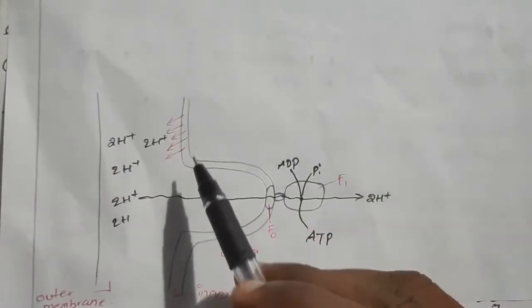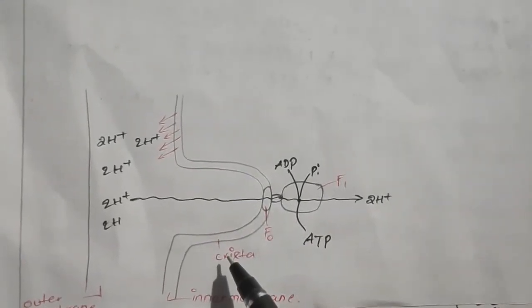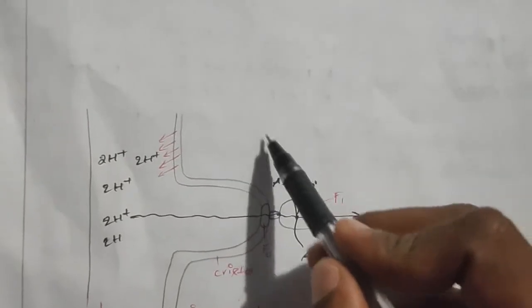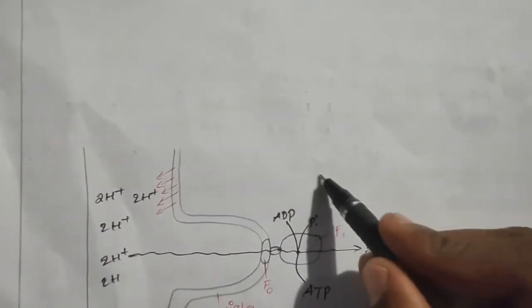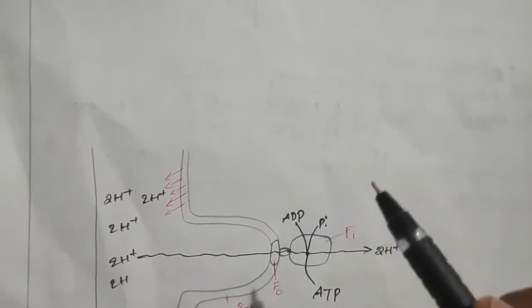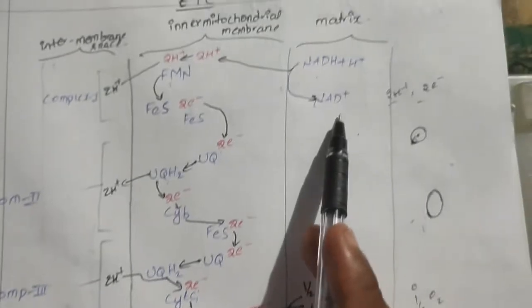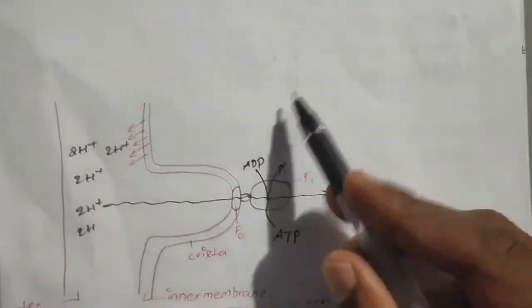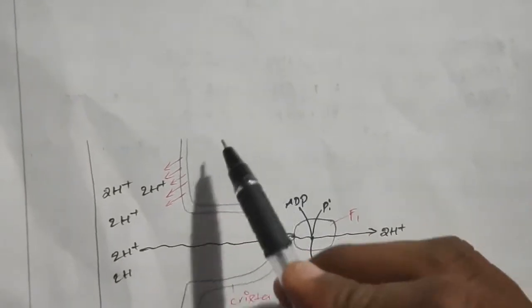from this we are getting electrons into the intermembrane space of mitochondria, therefore the outer membrane, and this bulged part is known as the crista of mitochondria, and this is the inner membrane. This complete space inside the mitochondria is a liquid material known as the matrix. So here in this place the Krebs cycle actually takes place, and from here NADH2 is